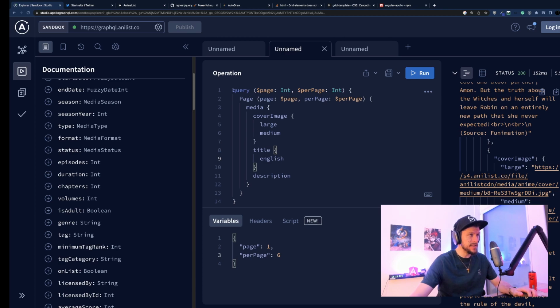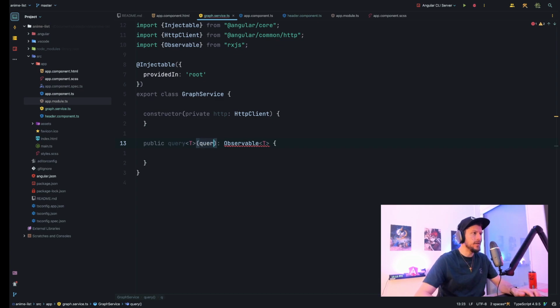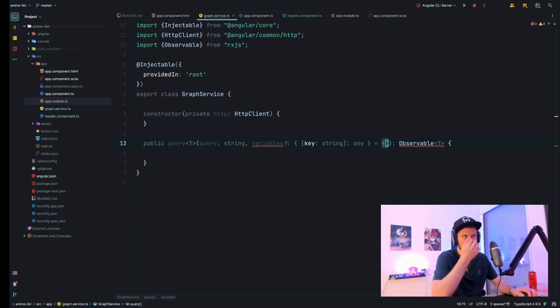So basically this is the query, right? And then variables. So we would take in the query, which is of type string, and then variables, which are actually optional, and it's just this, I get this often wrong, right? It's any value, and if it's undefined, so if we don't pass in anything, we just